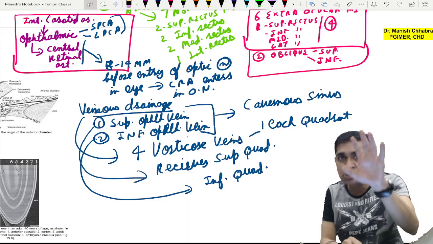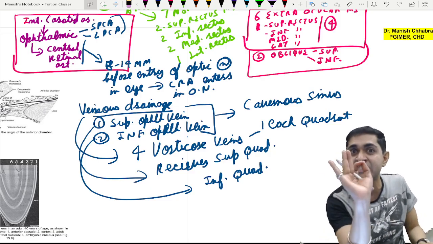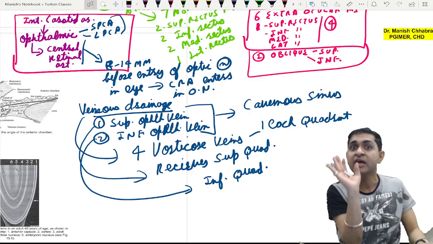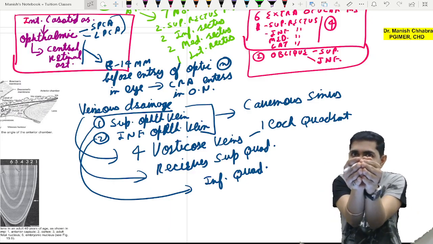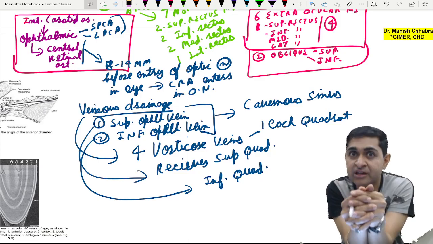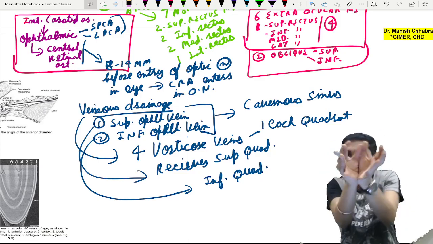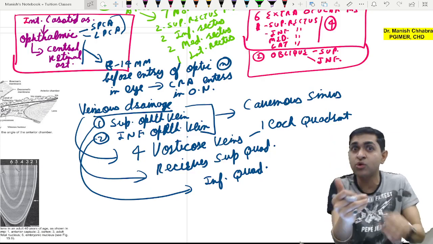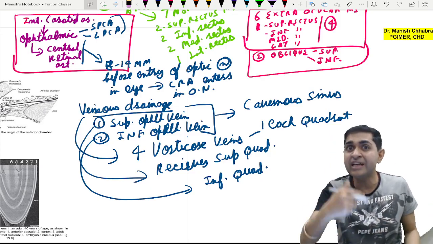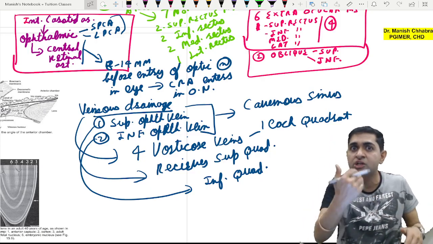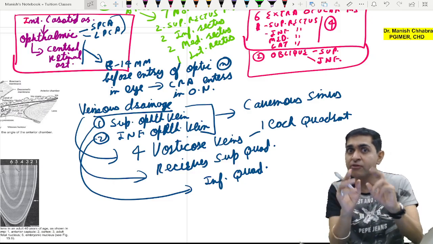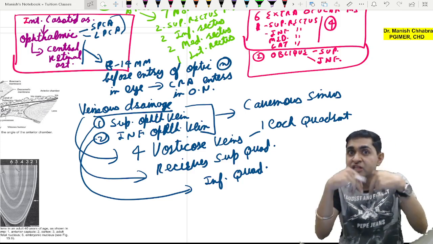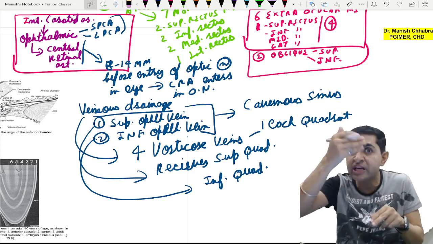Forebrain is your prosencephalon, from which there is an extension, the diencephalon, which forms the optic stalk. The distal end of the optic stalk is the optic vesicle, which transforms into the optic cup that forms retina. So if I may ask you, retina is derived from, of course, neuroectoderm. Why? Because it is derived from the optic stalk, which forms the optic nerve, which is a further extension of the prosencephalon, which